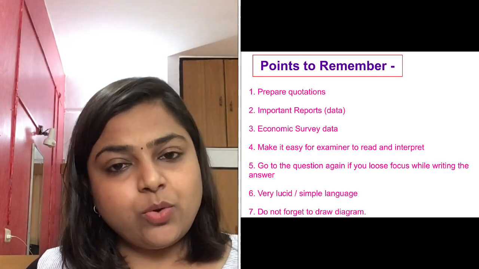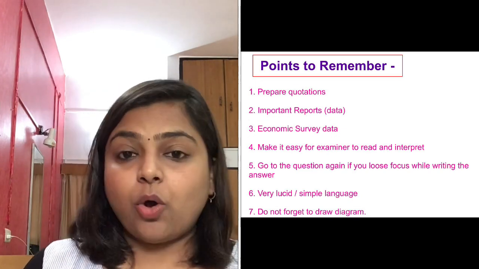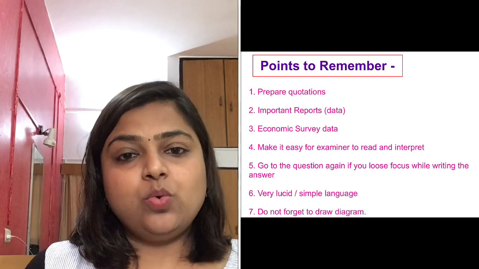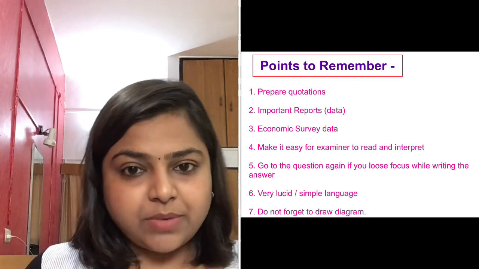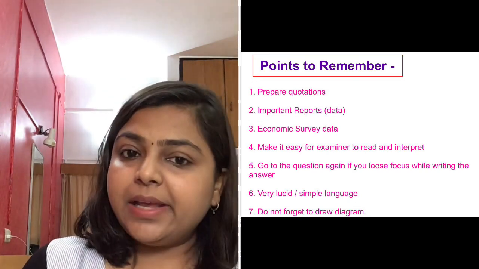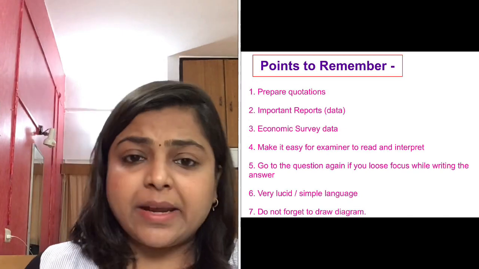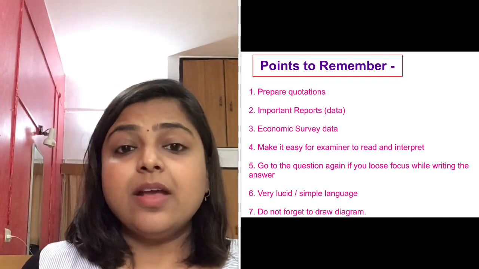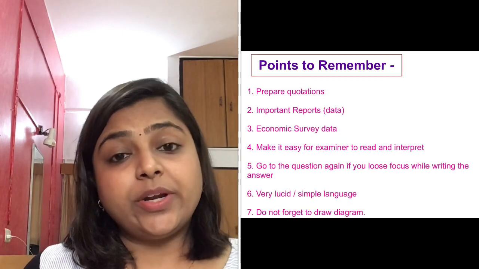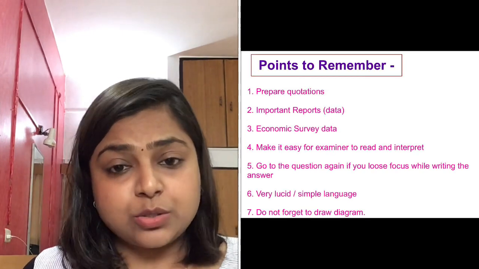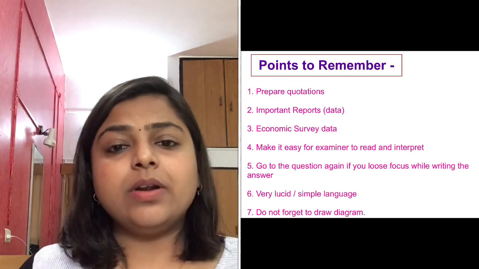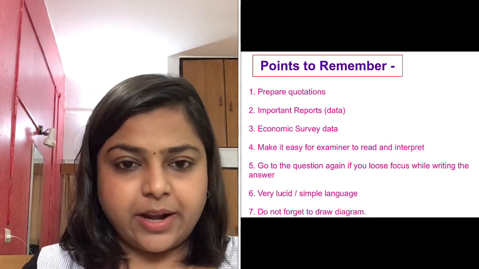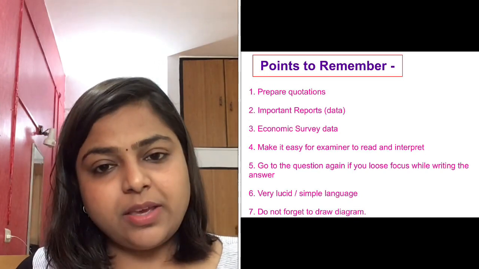Apart from that, when you read The Hindu newspaper, the authors and writers there use some quotations by Mahatma Gandhi, Nelson Mandela, Abraham Lincoln, John Maynard Keynes or Mother Teresa. There are many personalities. In fact, nowadays they are using quotations from Ratan Tata also. So you can take those, write them, and use them in your answer writing so that they are remembered by you very easily.